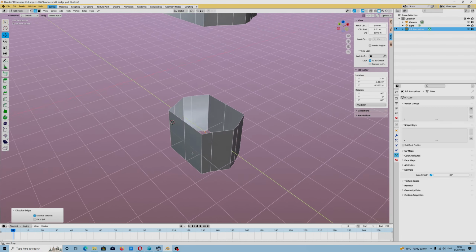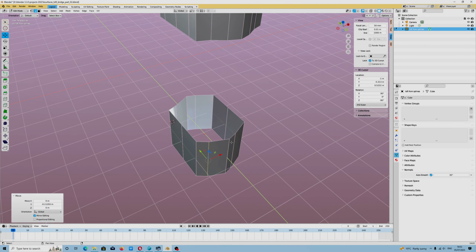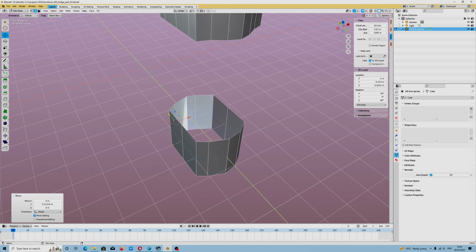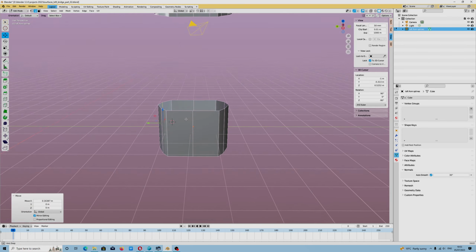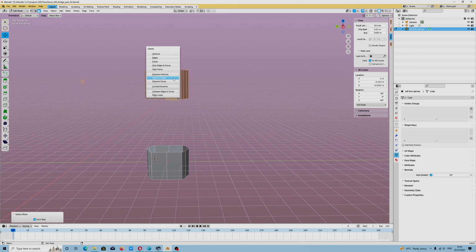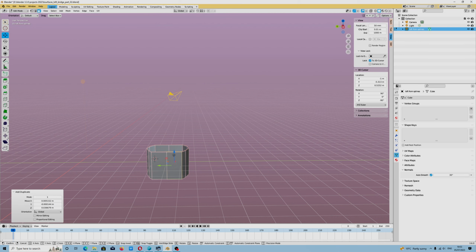I think if we have a number of edges like that, that should be fine. But at the same time, I will have to remove the upper polygon. In edit mode, you copy the polygon. Now we will add to the scene